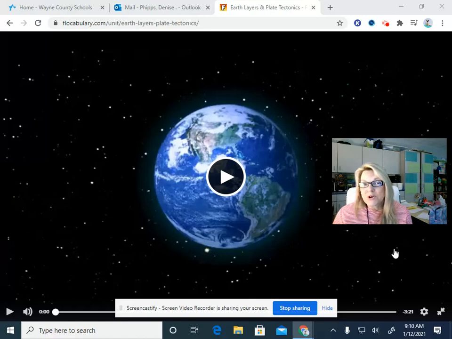The first thing we learned were the four layers of the earth. We have the inner core, which is a solid, the outer core, which is a liquid, the mantle, which is neither a solid nor liquid, but it slowly moves, and then the crust. Now, we also learned about two types of crust. There's the continental crust, which is the land, and then the oceanic crust, which you would find at the bottom